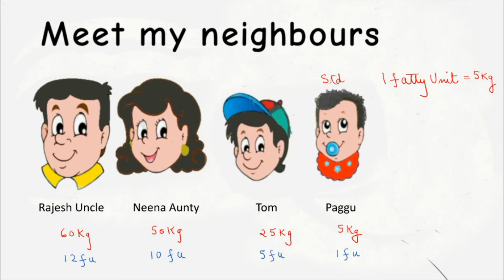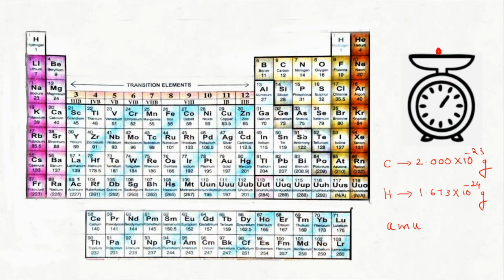Okay. The point to be remembered is that if you are converting their weight from kilogram to fatty unit, we need a standard. Did you get the idea? Yes. In the same way, if you want to convert the mass of an atom from gram to AMU, just like Pagu, we need a standard. Okay, which element is taken as a standard? The C12 isotope of carbon is taken as a standard. They were not going and taking carbon all on a sudden. They were trying hydrogen, then oxygen, but better one was found to be carbon only. So, this is the standard for the conversion.